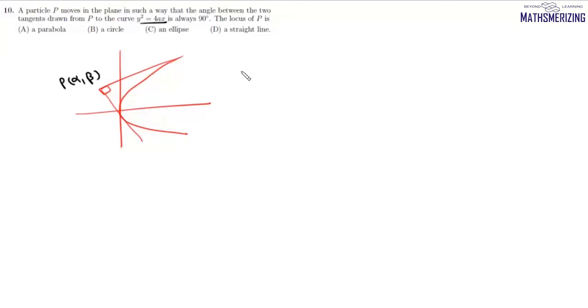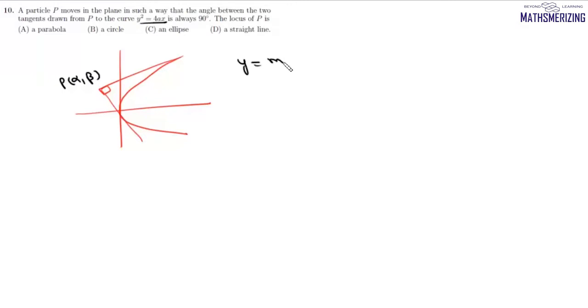Now question number 10 is, a particle P moves in the plane in such a way that the angle between the two tangents drawn from point P to this curve y square equals 4ax is always 90, then the locus of P is. So we have to find the point of intersection of perpendicular tangents for this parabola. Now let this point be (alpha, beta). Now we know that for this parabola, the equation of tangent is given by